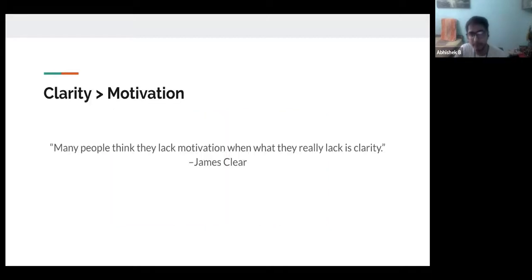So moving on, we're still discussing why we need a second brain. And we have this wonderful quote by James Clear, where he says that many people think they lack motivation, but what they actually lack is clarity. And this is one of the things I've been seeing firsthand with me.